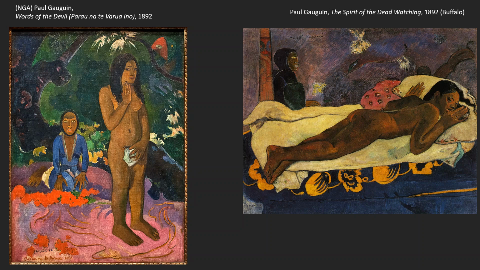They give him a wife, which was apparently the local custom. And he takes her, and she's like 13, right? And that's her in both of these pictures. And he was her first, right? And in both of them, by the Spirit of the Dead Watching, she looks very much like our satanic figure there. Her bum, bright red, right? Here, with the rag cloth over her groin, adds a little meaning to that, with the idea that Gauguin was her first sexual experience,